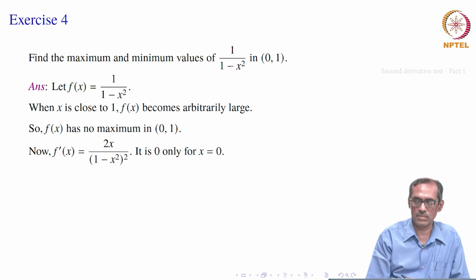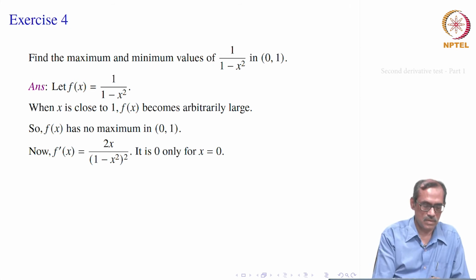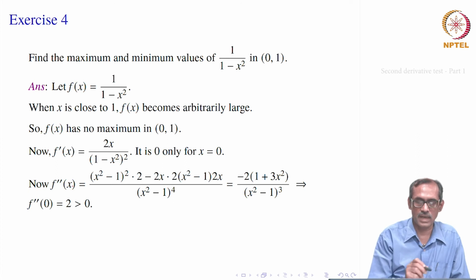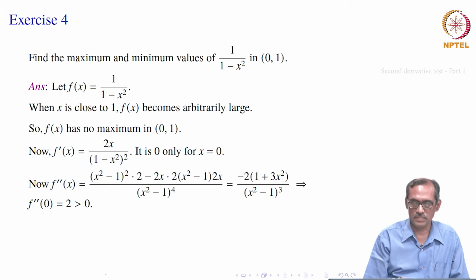At 0, we have to see what happens, right. So, what happens at 0? For that, let us take the second derivative. Of course, you can go to your sign test, sign of f prime minus to plus or plus to minus, but let us use the second derivative. The second derivative is not very difficult to compute here, again by chain rule. So, you can think of x square minus 1 square if 1 minus x square is troubling.